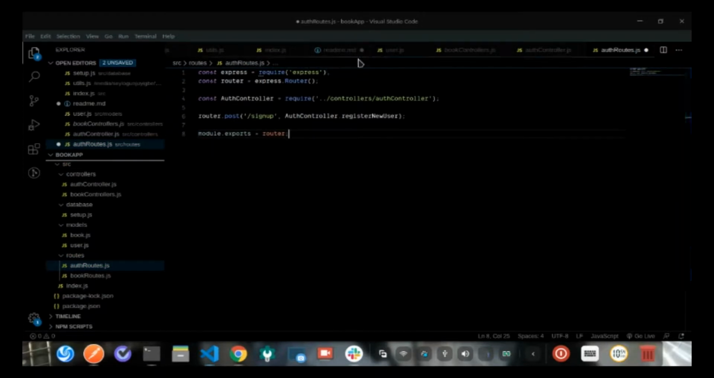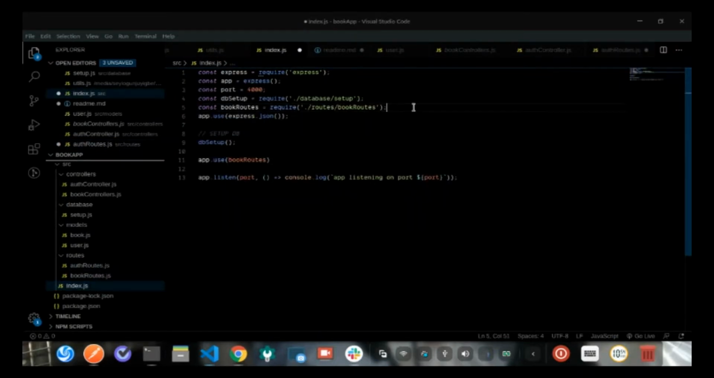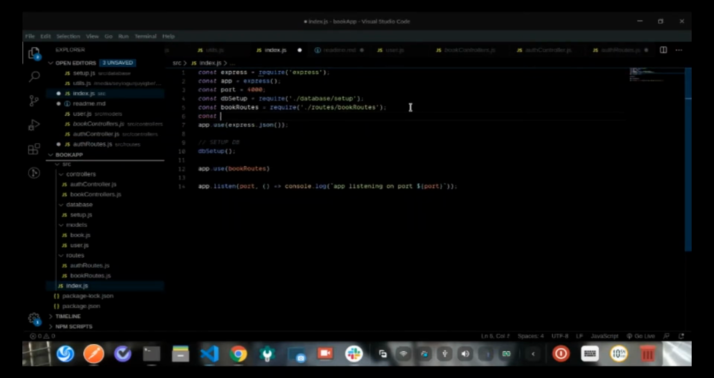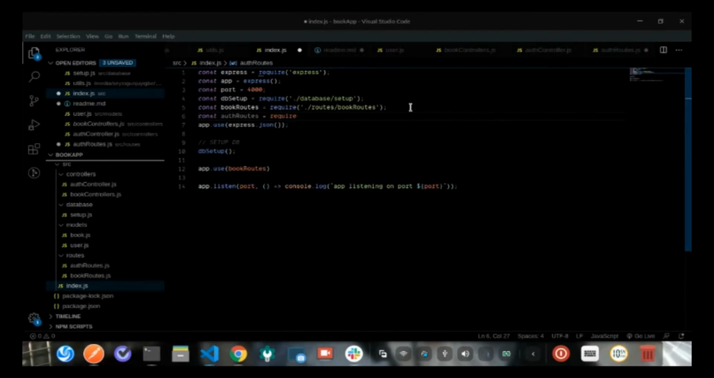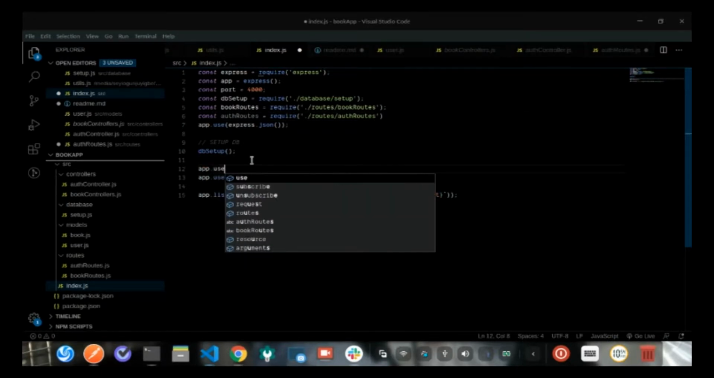And now I can head back to index and just say const authRoutes equals require dot slash routes slash the auth routes, and then I can say app.use